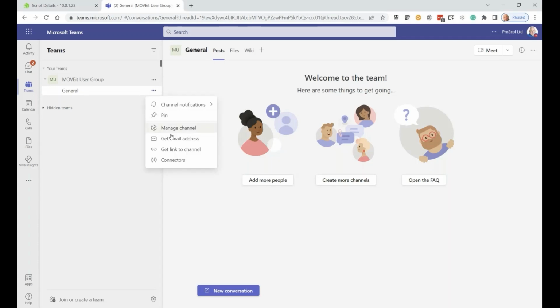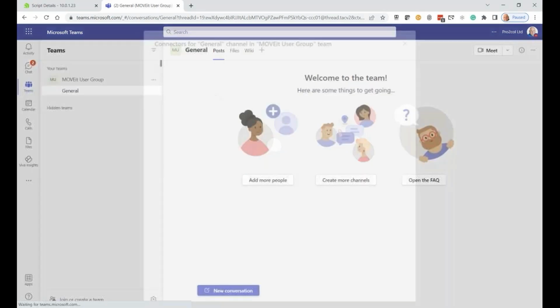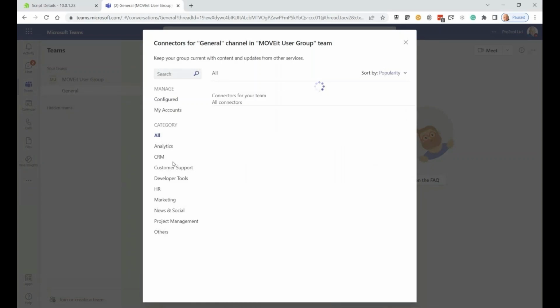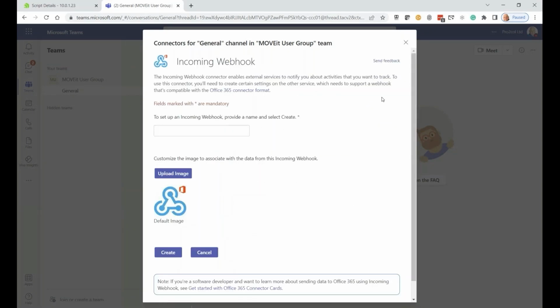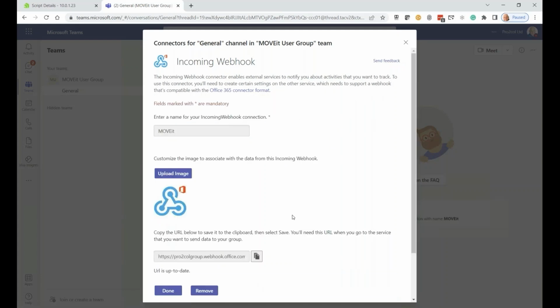And now we just return to that connectors page again. And we'll just do a quick configure on the webhook. So if we click onto that now, I'm going to give it a name of MOVEit. Doesn't really matter what the name is, that's just for human reference, and we'll do create. Now we'll just take a look at the bottom of the page once this has been created, and we've got a lovely big webhook at the bottom here that we can use. So I'm going to copy that to clipboard,